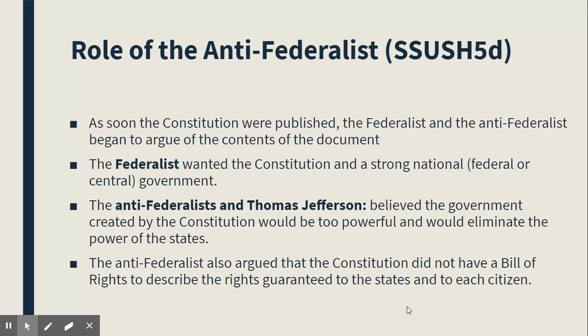What were the political beliefs of the Federalists? Now, the Federalists wanted the Constitution and a strong national government. These guys were the ones who said we have to have a strong national government. It has to be centralized, but we also want to have it split. Okay, just like Charles Montesquieu said, the government has to be divided within itself, to also protect the whole idea of separation of powers between the states and the federal government.